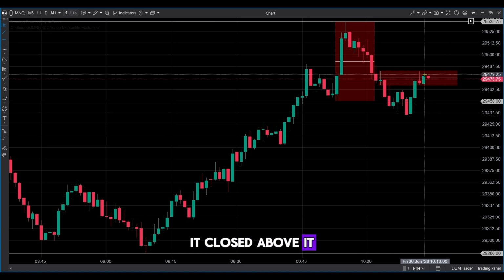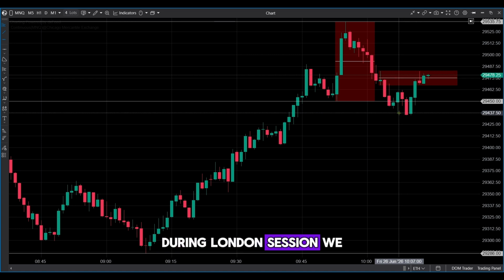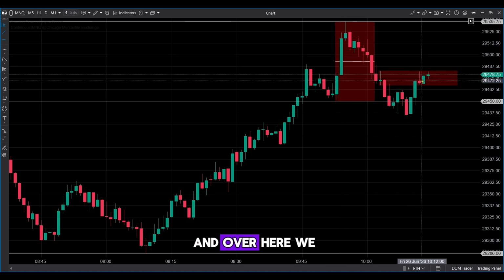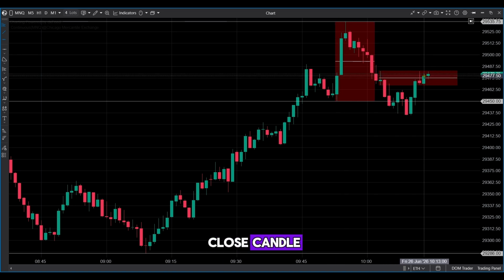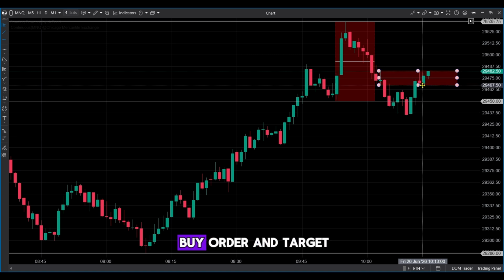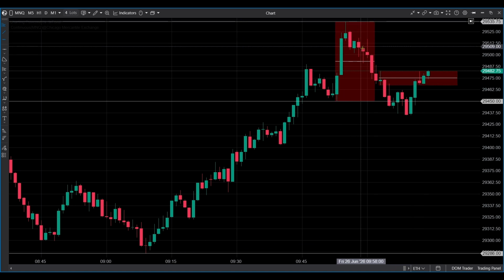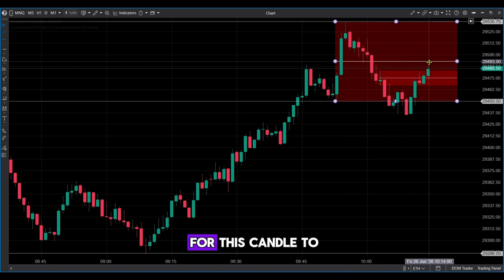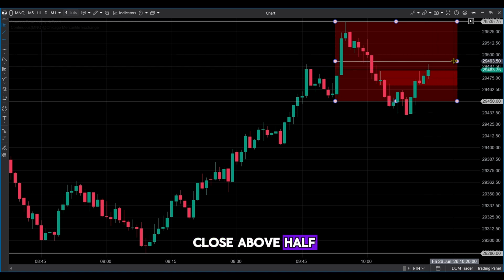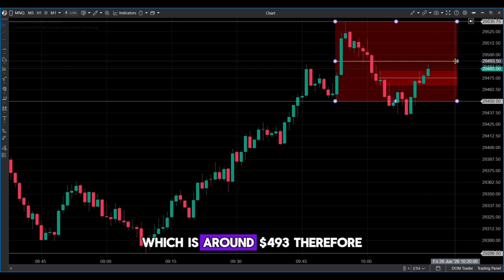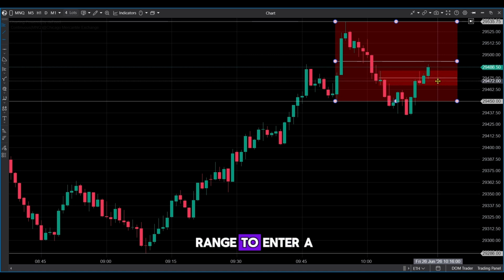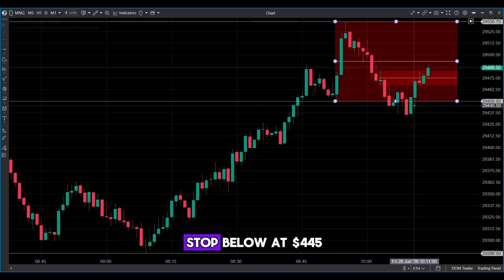It closed above it. Please note, during London session, we already have one sweep. We have a high. And over here, we have a full up close candle. We can submit a buy order and target the current highs based on the structure. But to have confirmation, it's better to wait for this candle to close above half, which is around $493. Therefore, if it closes above half, I can use this range to enter a long order, move my stop below at